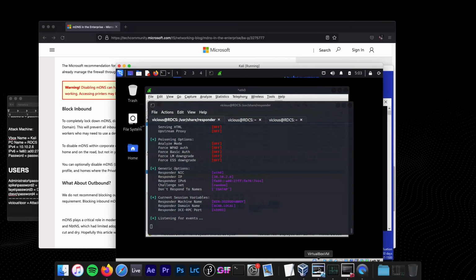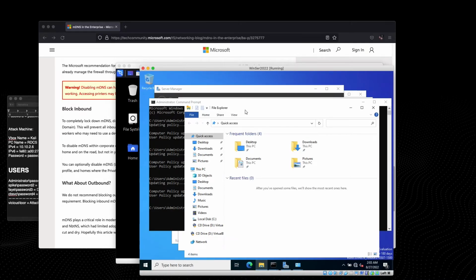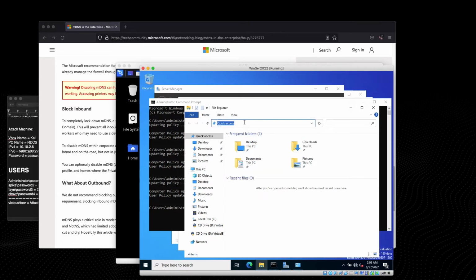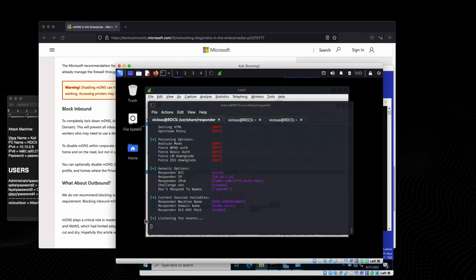Okay, let's go to the server. Just in case, so make sure it's not anything weird. And we're getting nothing. So now the only issue here is mDNS is off, so if you need to use it,